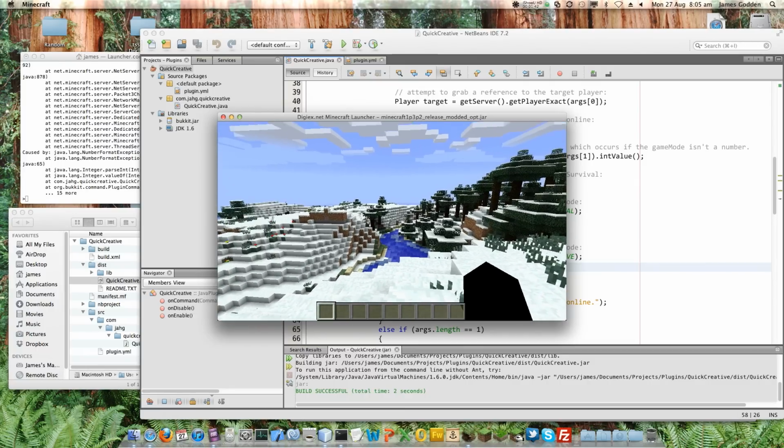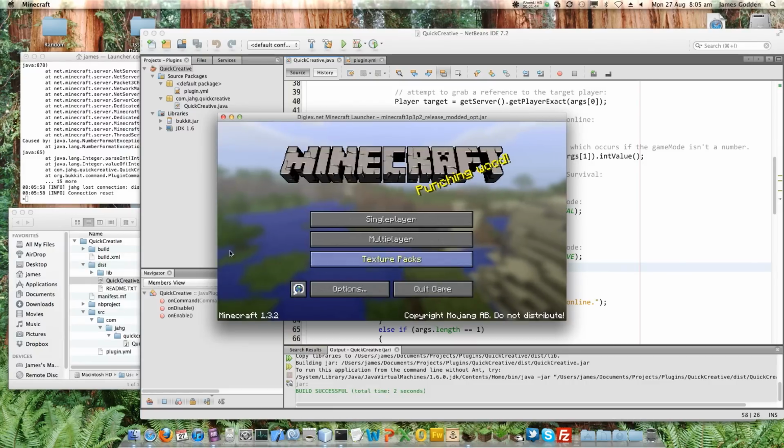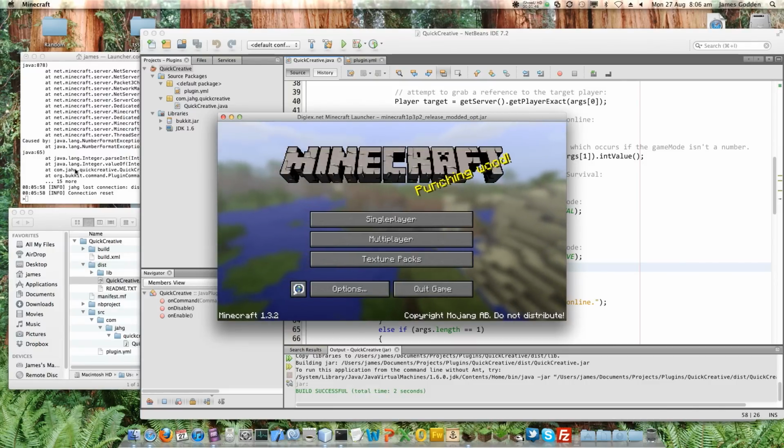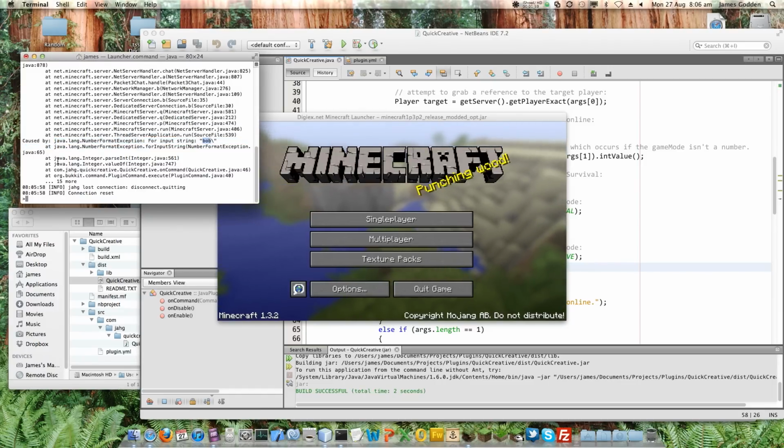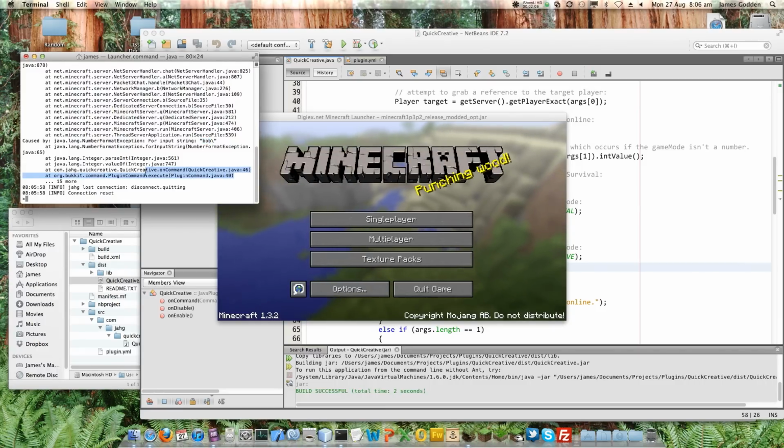We want to fix that particular error. So let's do that. If I disconnect from there, and if we look at this, you can see, oh, I typed Bob on a /bounty. Oops. So the error that's been created is NumberFormatException for input string Bob. Now, it does tell us some extra information here about which line it was on as well as our code. So you can see there's always a reference to this plugin command because that's what I'm using here.